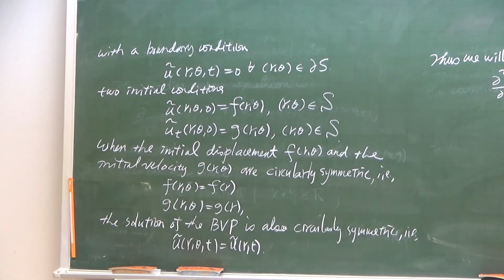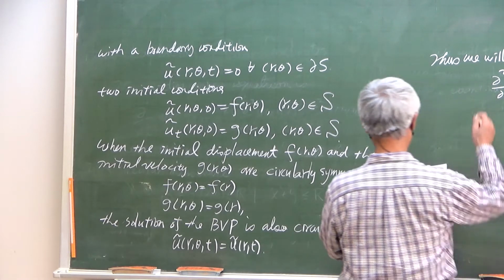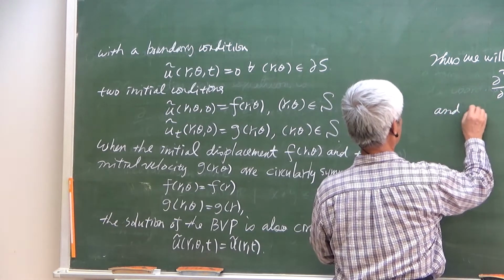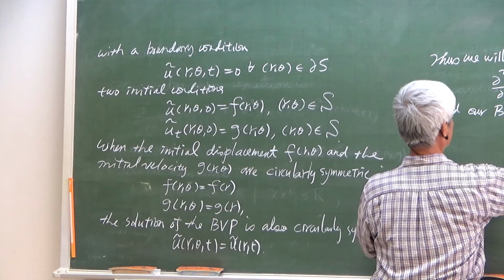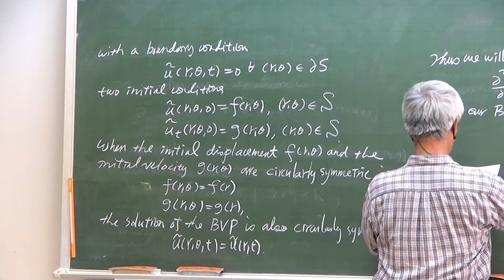Because the solution is independent of theta, this term is 0. This term is 0. And our boundary value problem becomes